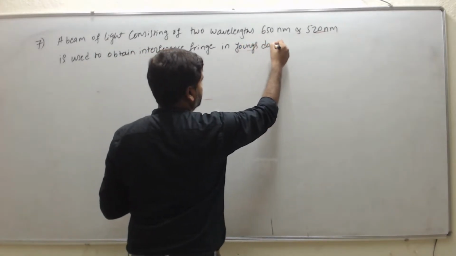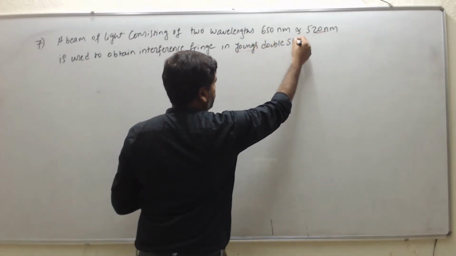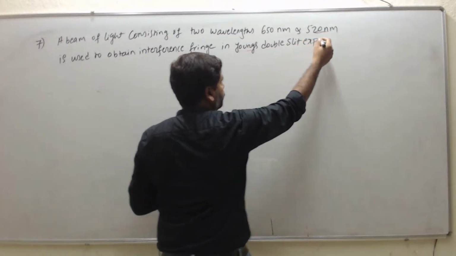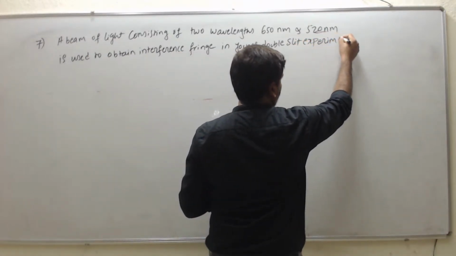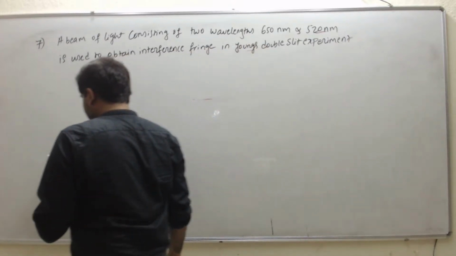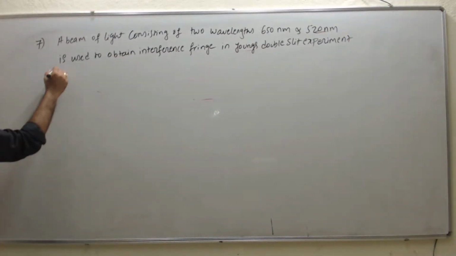In Young's double slit experiment, what is the least distance